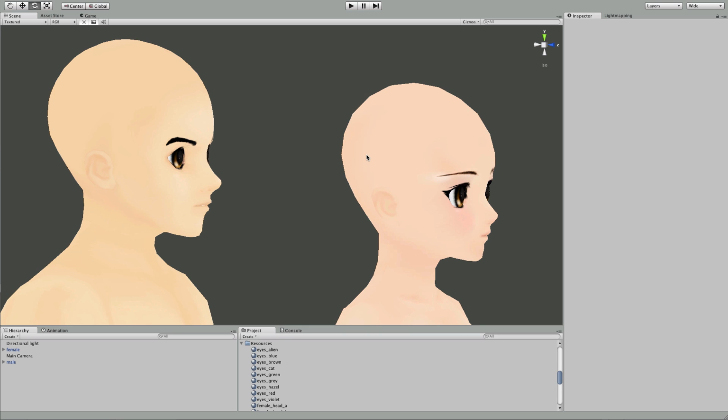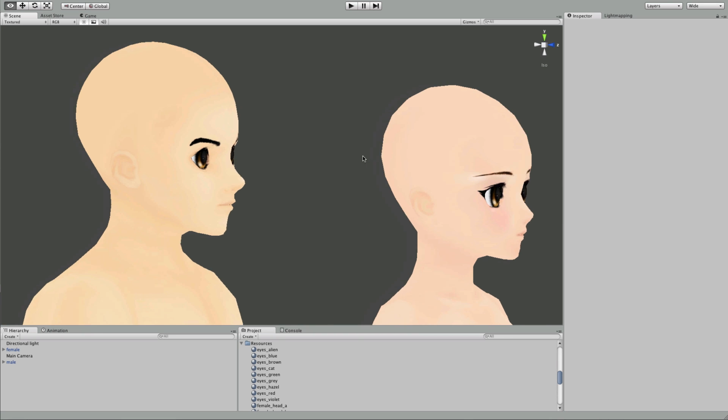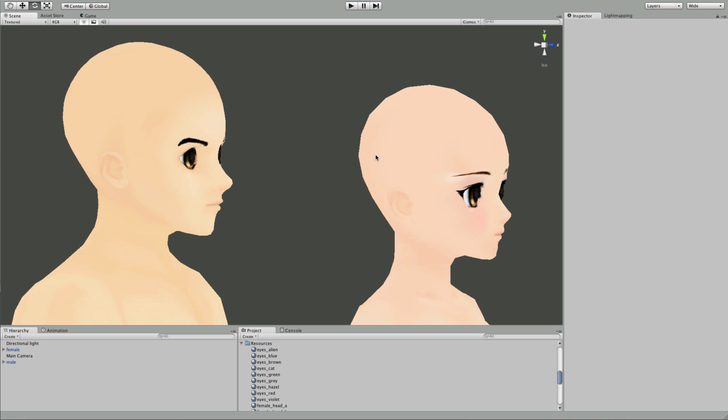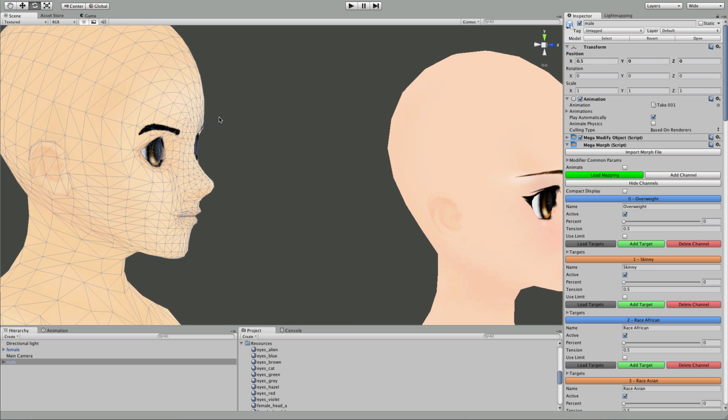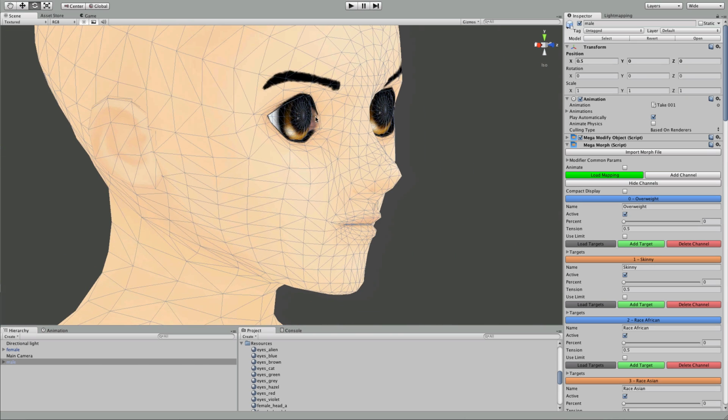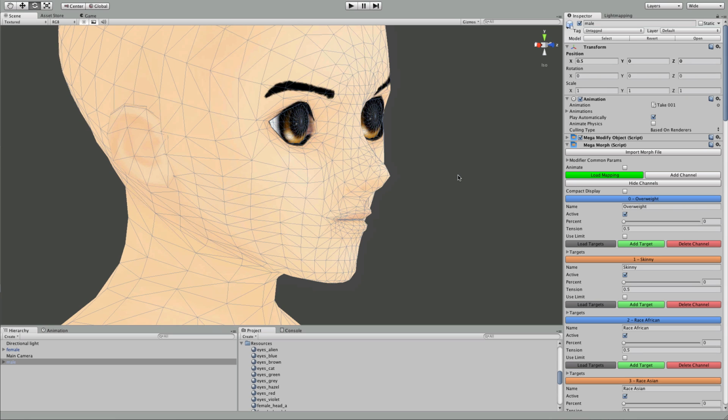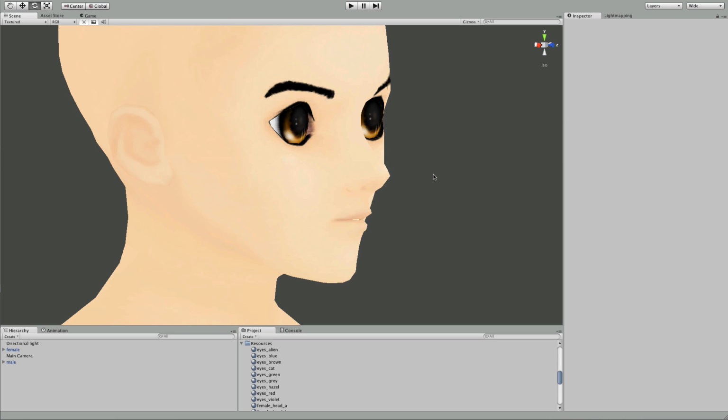Hey, so this is just me using Unity right now, and one of the problems with Unity is that out of the box it doesn't support blend shapes in Maya, or morph targets, otherwise known as. And the thing is, if you want to do any serious animations with things like facial expressions, or even just changing someone's body type, you can't do it all with bones. You really do need morph targets, and morph targets are, in my opinion, just more precise for certain